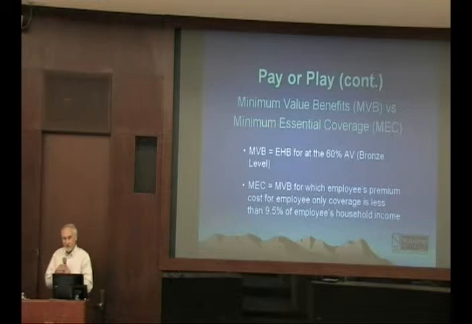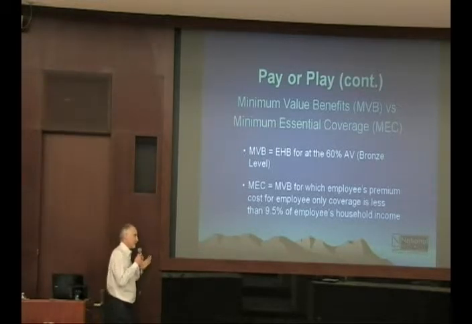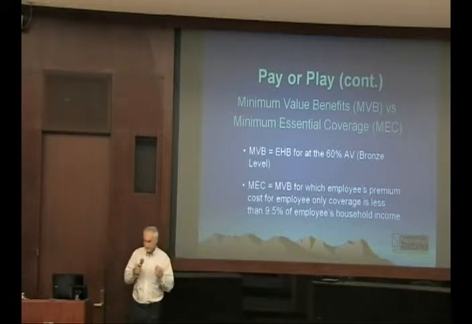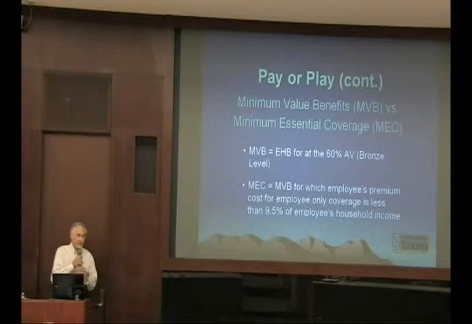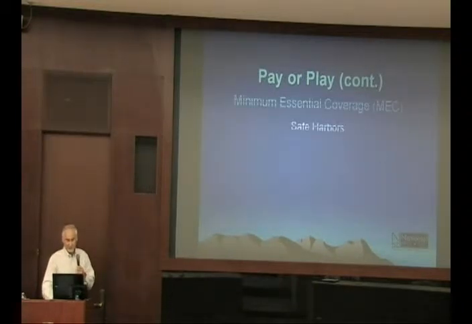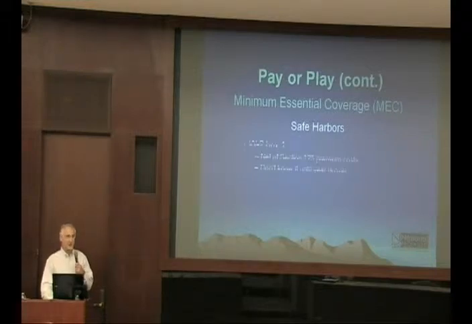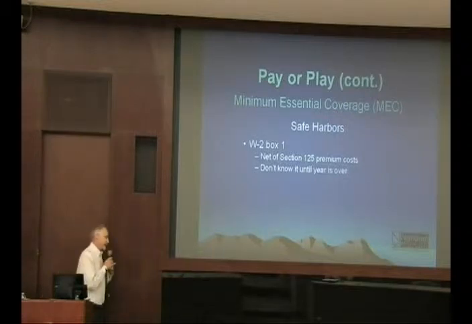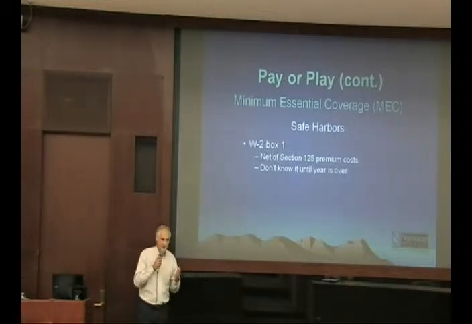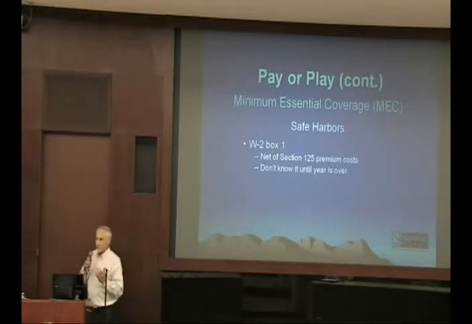I don't have an example on this, but the first question that comes to mind is, how do I know what my employee's household income is? Household income is basically their adjusted gross income on their tax return. Well, you don't know that. You only know what you're paying the employee. As a result, the government said, if you want to use one of these safe harbors, we'll assume you made every effort you could possibly have made to figure out whether or not your employees are making less than 9.5%